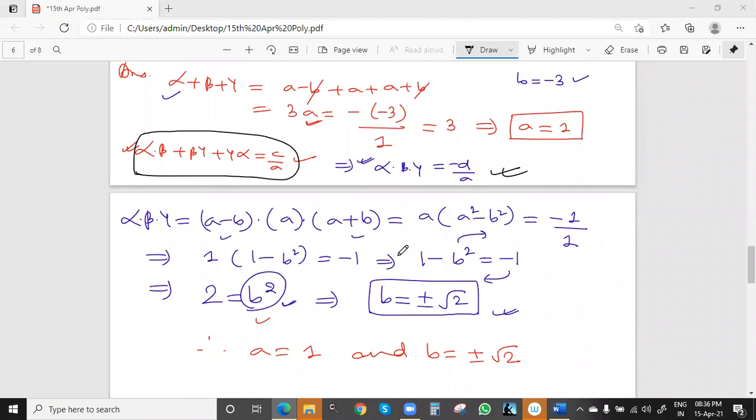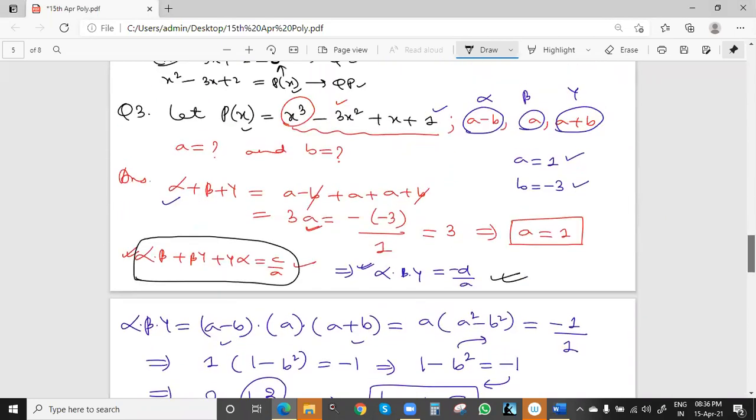Sir, how do we get different values by using different equations? Same value, no? See, because the formula is different, that's why we're getting different values. Alpha plus beta plus gamma is sum of roots. So sum of roots is minus b by a, and the roots values are given here. Please don't confuse. These are root values only, or we can say zeros value. First one is a minus b, second one is a, third is a plus b. In terms of a and b only, they have given the zeros value, or we can say value of roots, that is alpha, beta, gamma value.